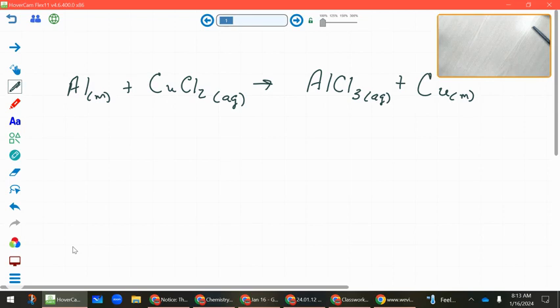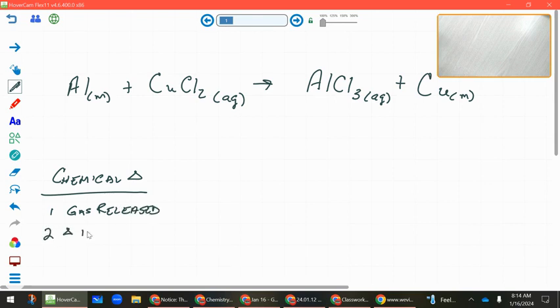This, ladies and gentlemen, is the reaction that we did last week in our aluminum and copper chloride lab. Now, when you took your aluminum stirring rod and mixed up the copper chloride solution with it, was it a chemical or a physical change? Why? What were signs that it was a chemical change? Gas release. So number one, a gas was released. Okay, what else? Unexpected color change.